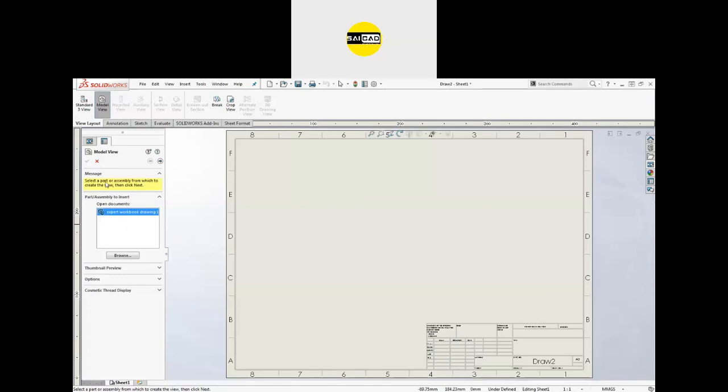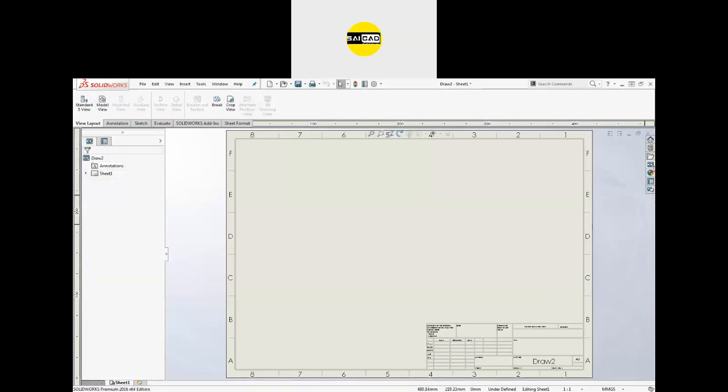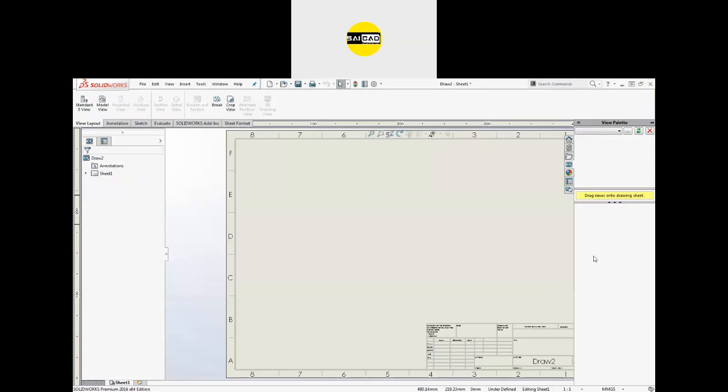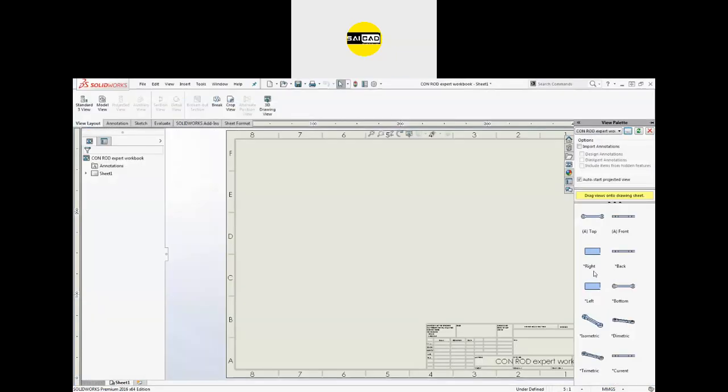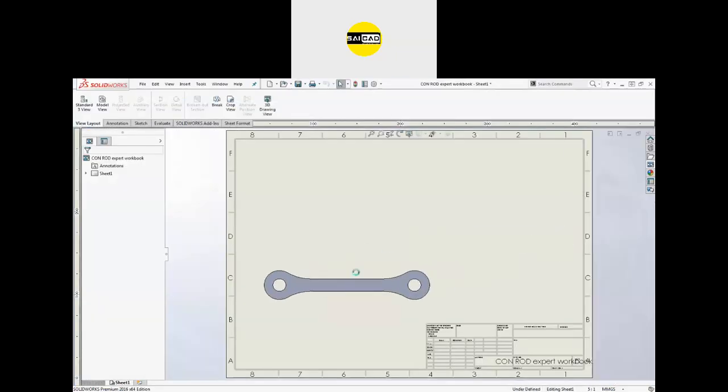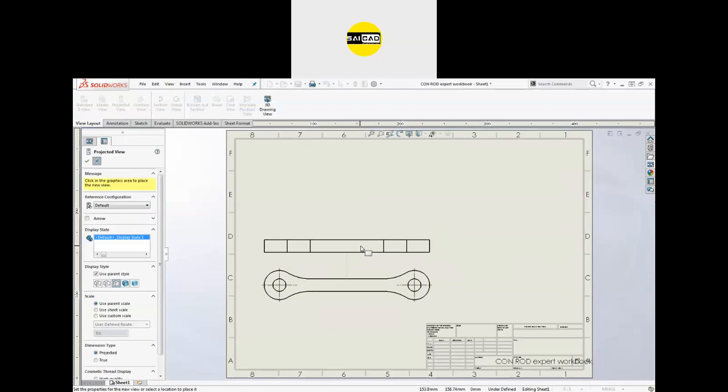You can see we have a part here. If I don't select this one and go here, you will not see any views. So to insert some views you have to open the part. You can just go here, browse and select the component you want, like I want this one. So all the views from that part will be inserted like that.